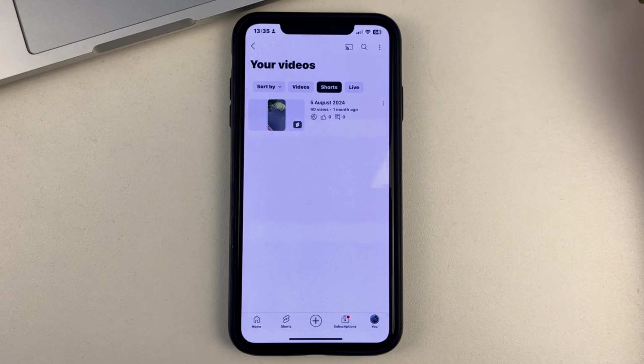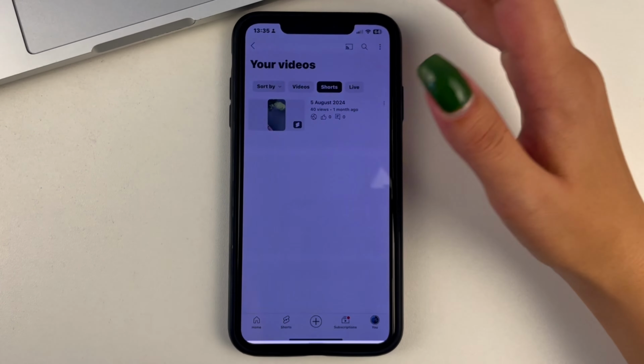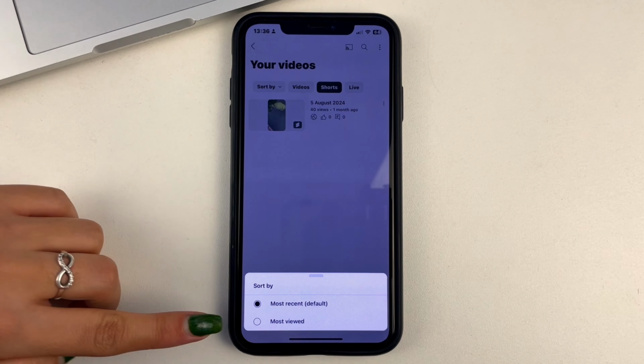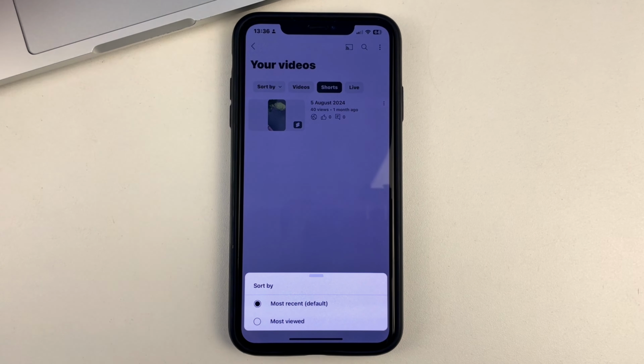And then the very first item is to select by some sort of category, to sort the videos in order. That would be either the most viewed videos, from most viewed to least viewed, or the newest to oldest.